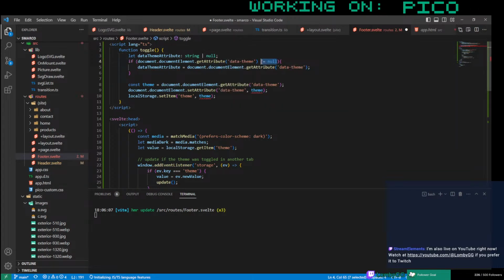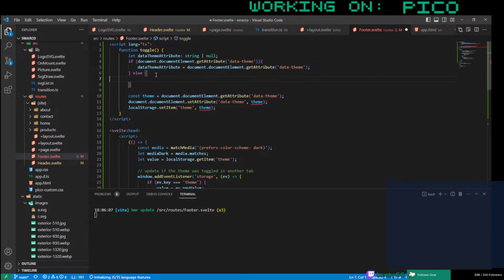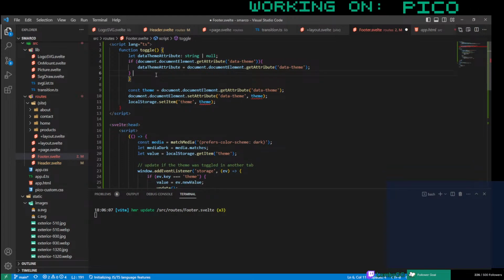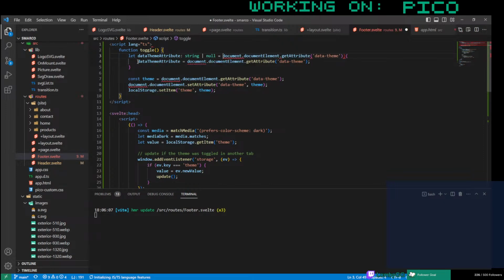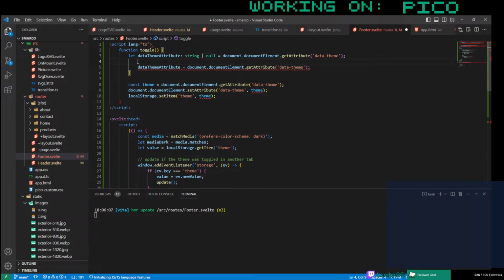Okay. So else, actually we just say equals this, right? Then if data theme